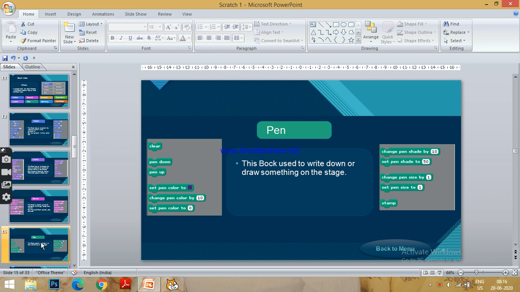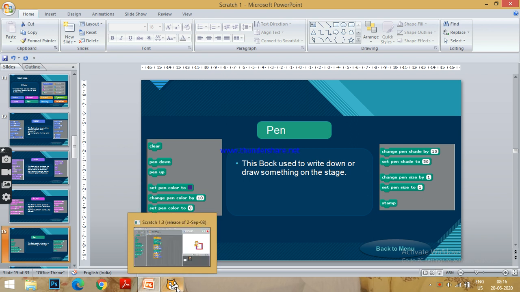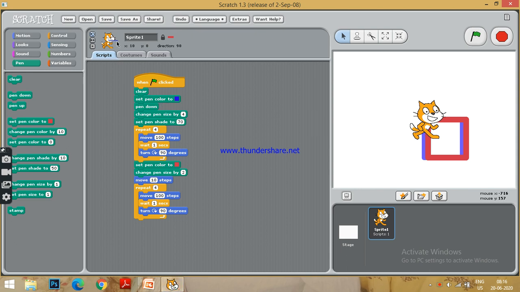Okay, we also have change pen shade by, change pen shade to, change pen size by, set pen size, and stamp. So today I will be discussing the pen options of this block. So let us see how to do this.